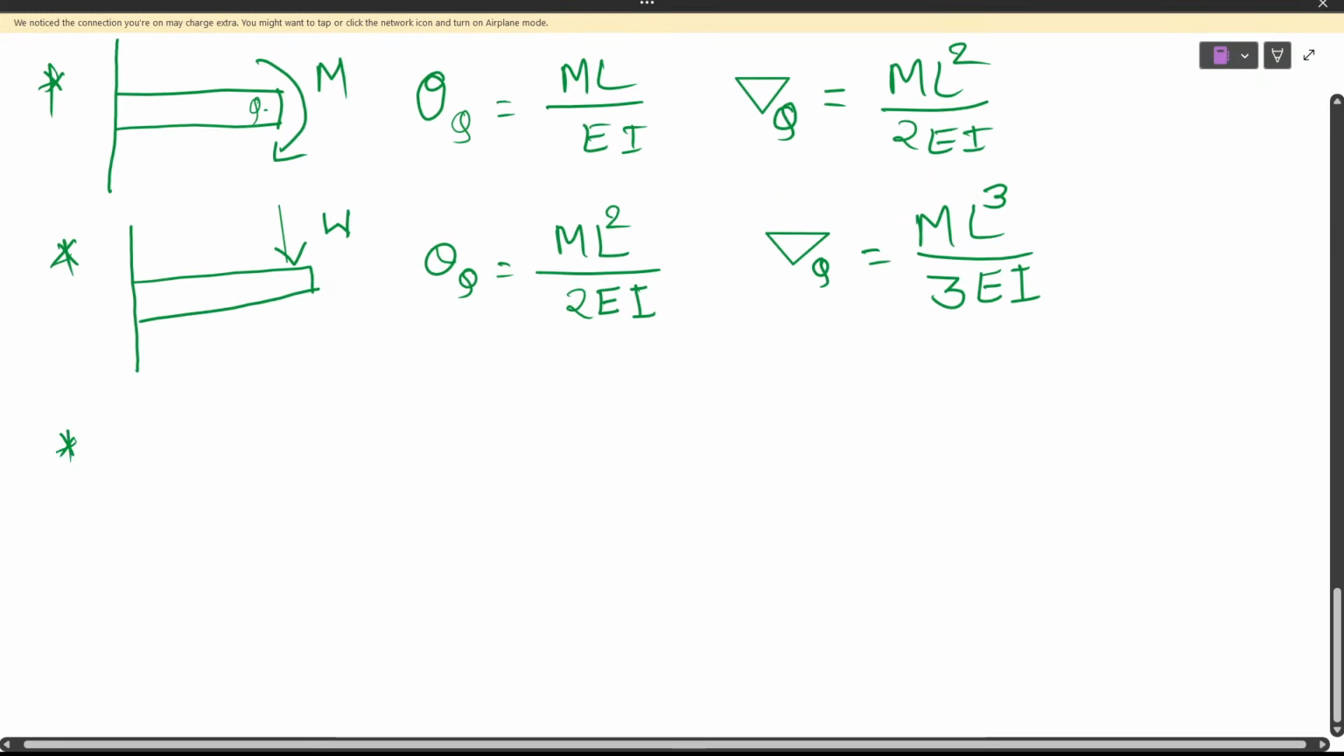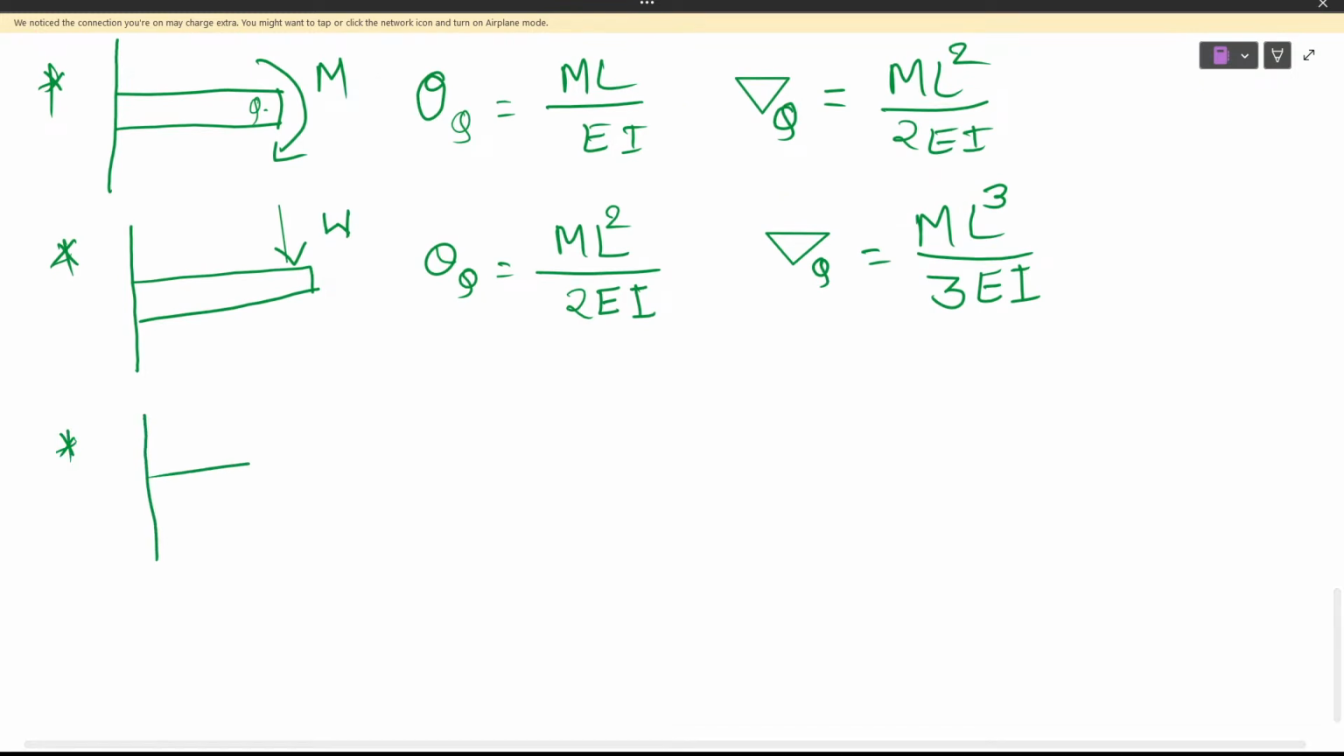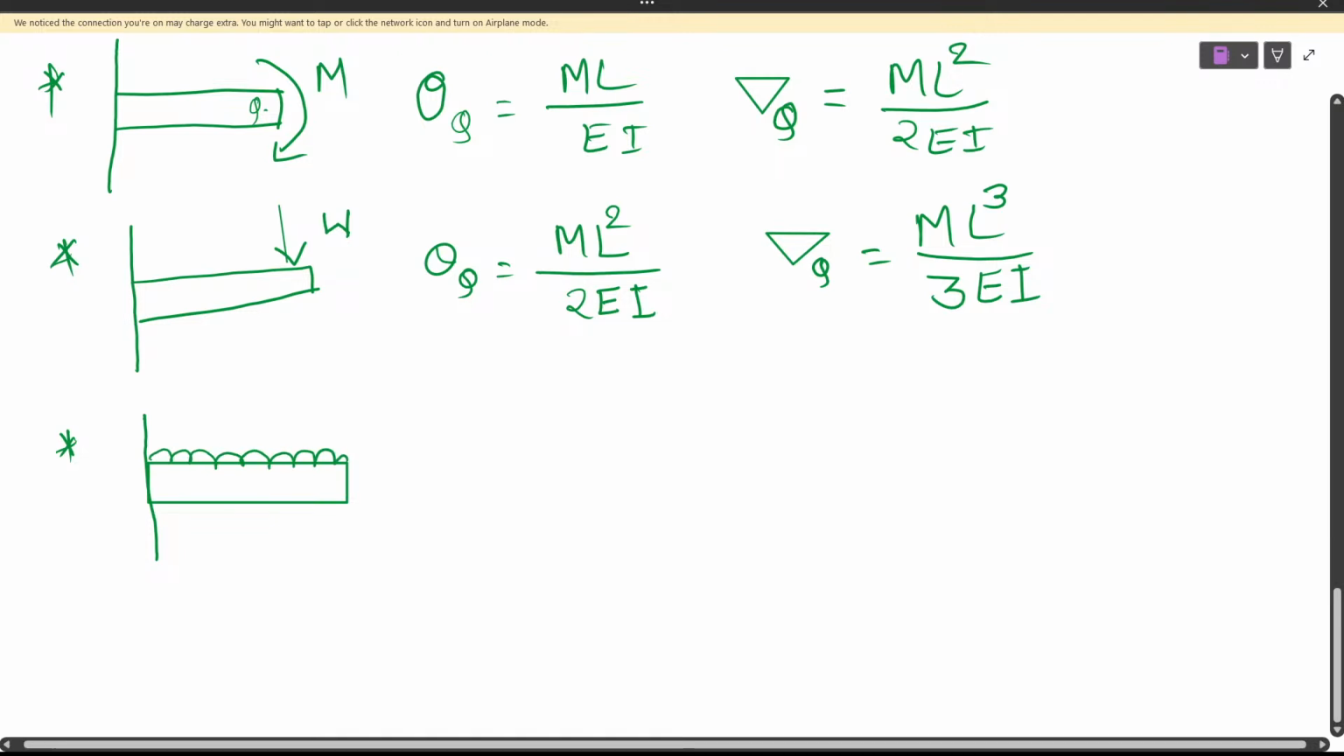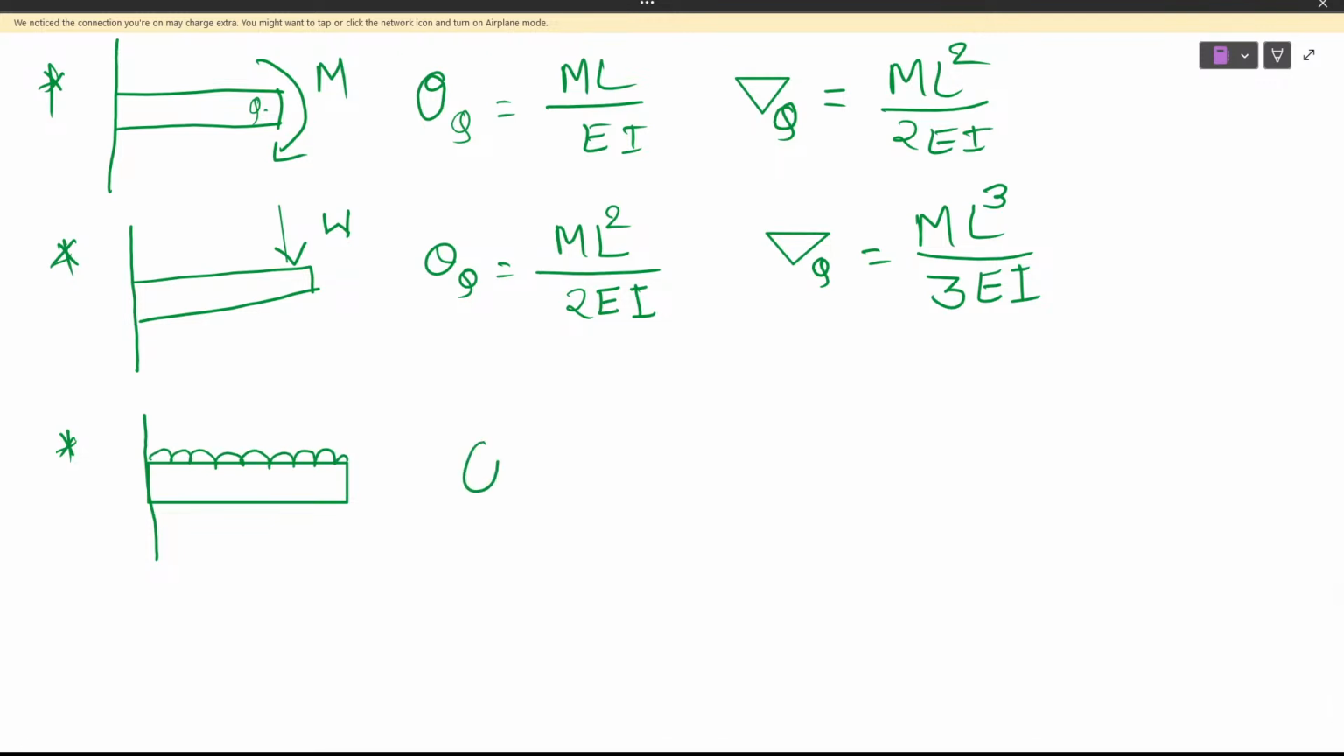Now we will see if the cantilever has a UDL. The slope at Q is equal to WL cube upon 6EI, and the deflection of Q is equal to WL to the power 4 upon